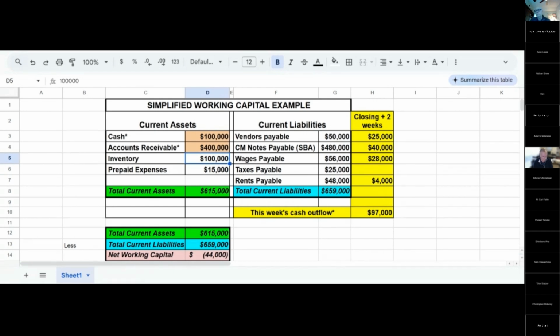Any other questions? Hi, I have a question. Yes, sir. How much cash would you save for this type of business to have on hand? There looks like a 97,000 cash flow in 2 weeks. What would your recommended cash on hand be just on a week-to-week basis, just to maintain your bills?